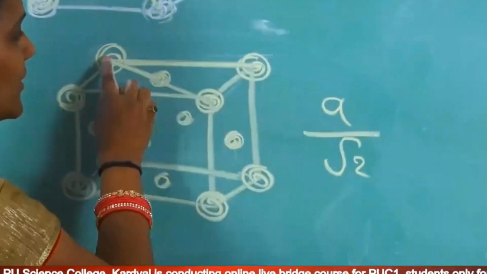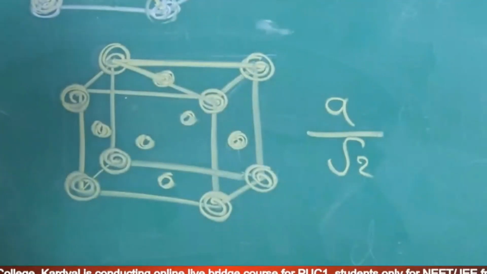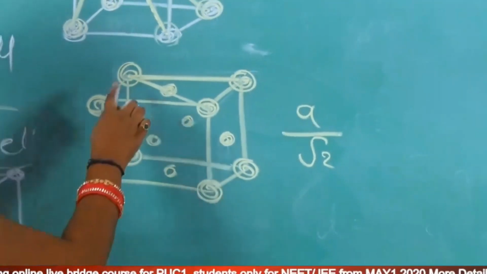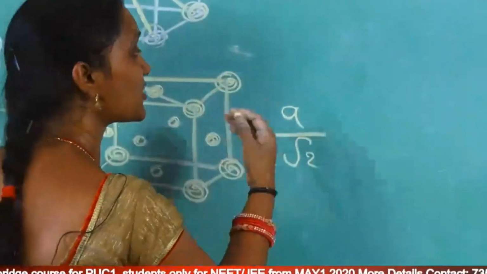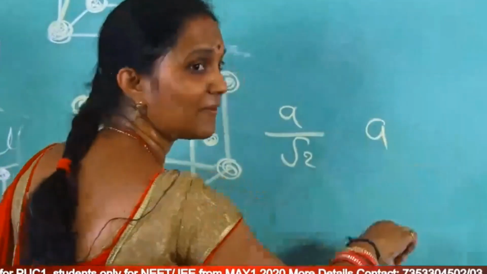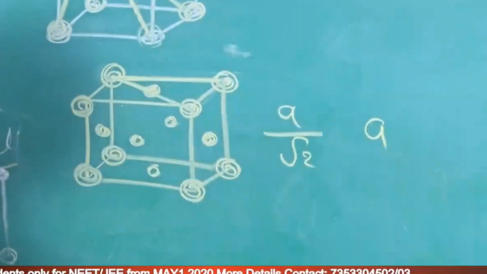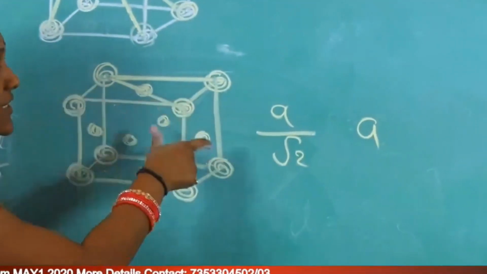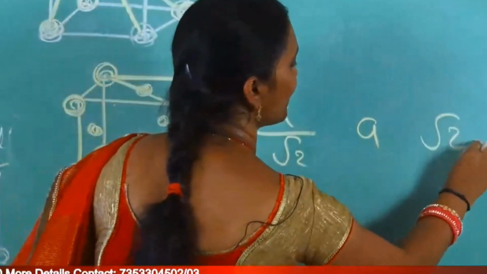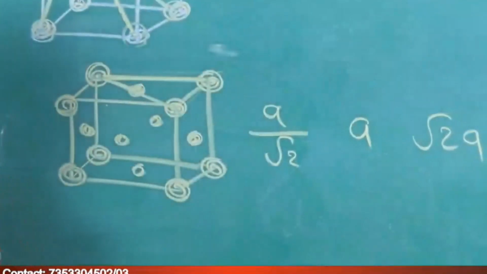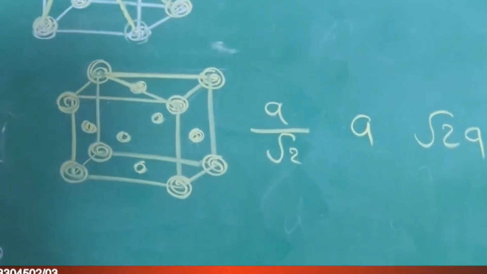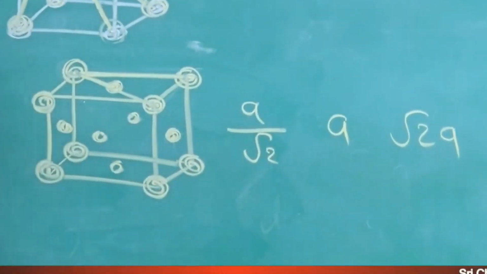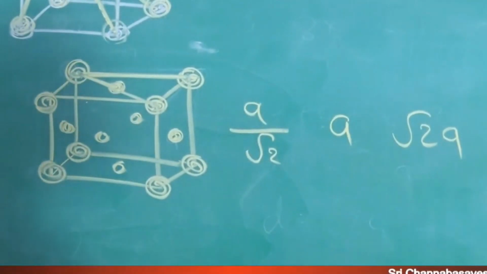Now, what is the distance between next neighbors? These two are next neighbors. Definitely, to understand this without confusion, you should watch this video one more time. The distance between next neighbors, then it is an edge line. And this is the next neighbor, then what is this distance? Root 2a. So in FCC, the distance between nearest neighbors is a by root 2, next neighbor is a, and next neighbor is root 2a.